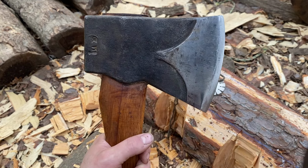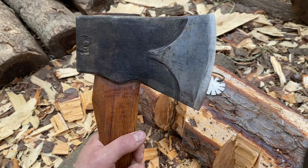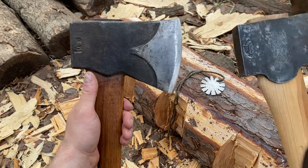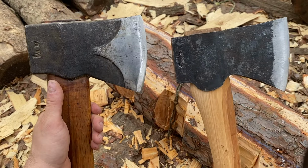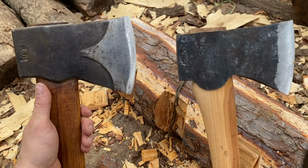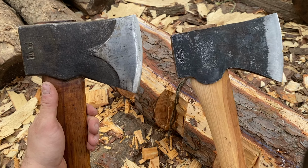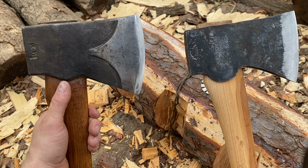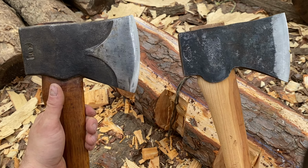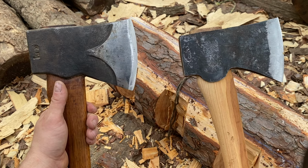This is an excellent hewer. It's got a 5 1/8 inch tall bit, very, very wide. But I want to compare that to this Gransfors American felling axe. Geez, I'm trying to not knock my camera over here. Look at the difference in the profile here. The Council Tool jersey really does just swallow it up. You look at the point on that Gransfors Bruk,